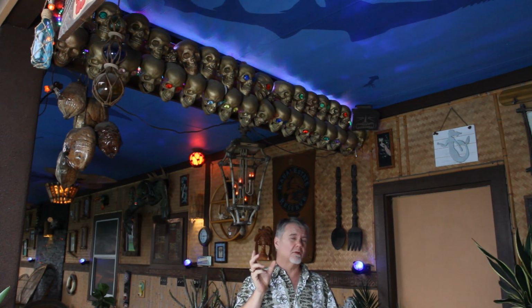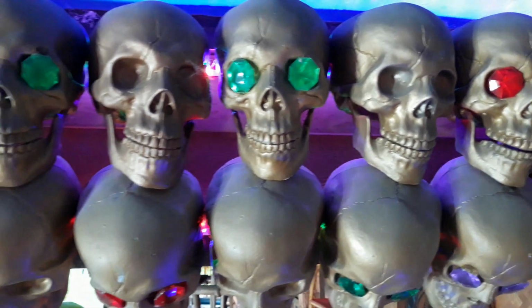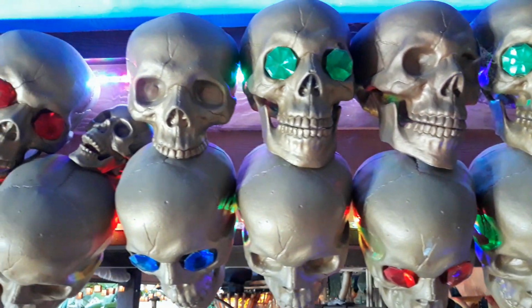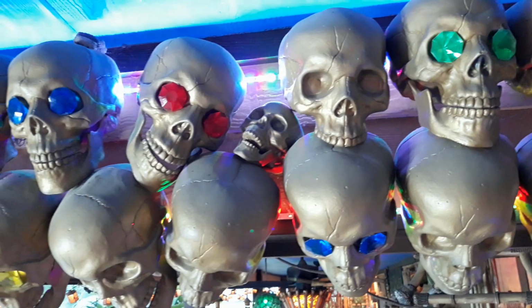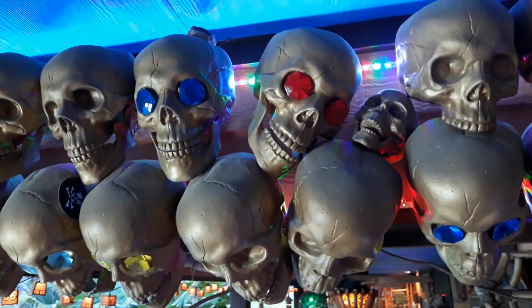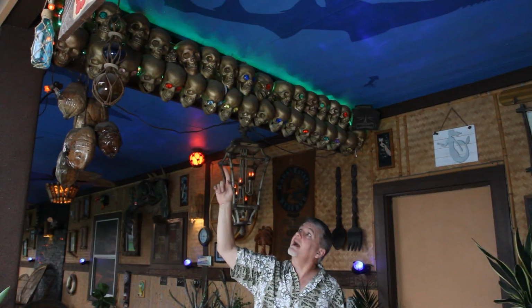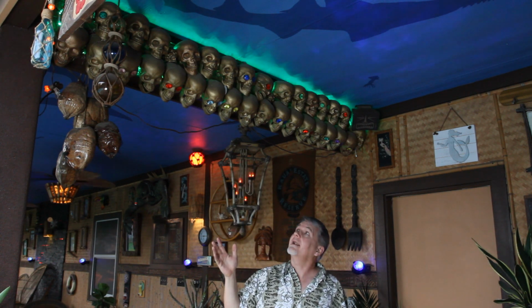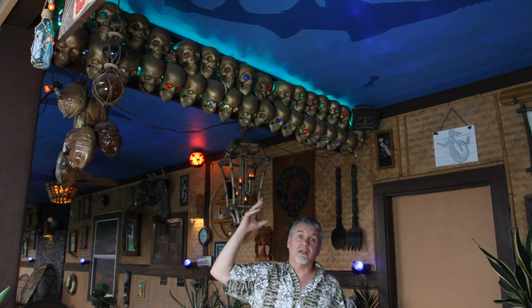How many of you remember the movie The Rescuers with the little girl Penny, who was sent down to get the giant emerald, not the emerald, a ruby from a skull? So I thought that was kind of a cool image. So I got some acrylic gems and glued them into the eye sockets on some of these skulls. Behind the skulls, I ran LED strips so that they're illuminated from behind with constantly changing colors. And I think that's a pretty effective